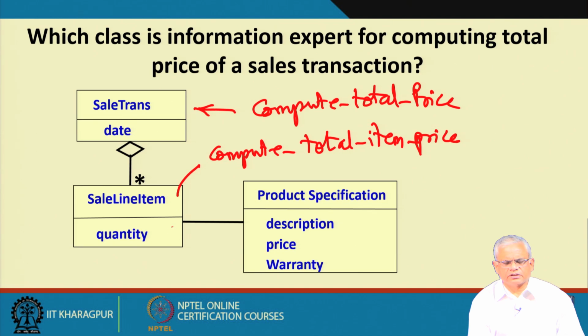So, it has already an association with the product specification. We will get the price information, compute the total item price, and then return that to the sale transaction,